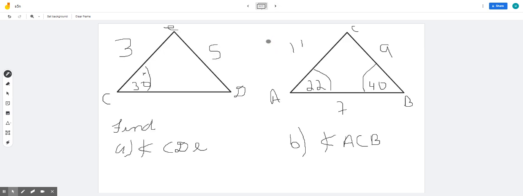Right, let's look at another problem. So we have two problems here. We have a triangle CDE. We have a side that is 3, 5, and an angle of 30 degrees. And we have a triangle ABC. One side is 11, one is 9, and we have